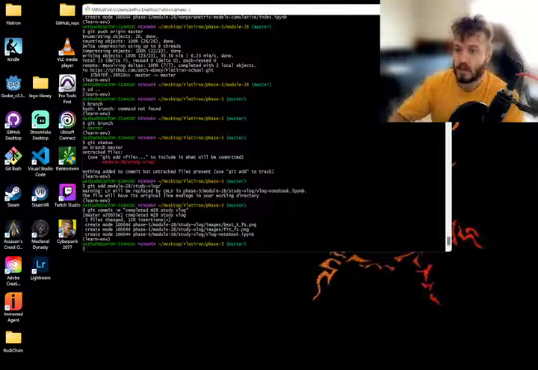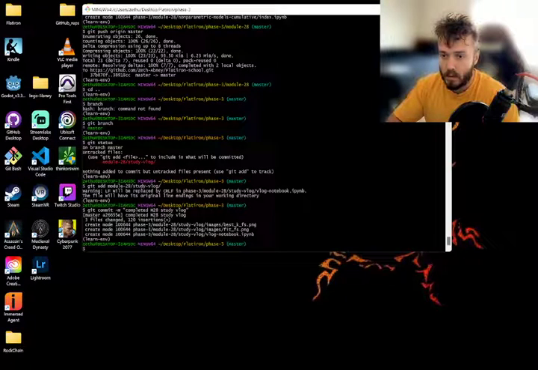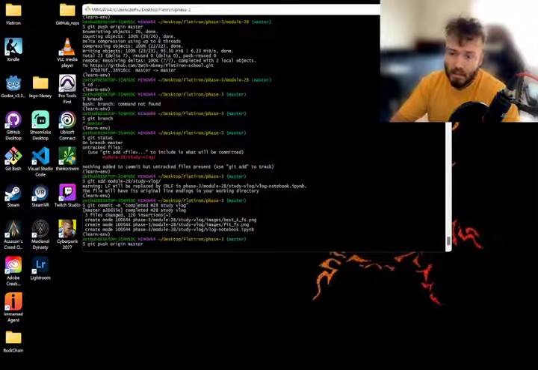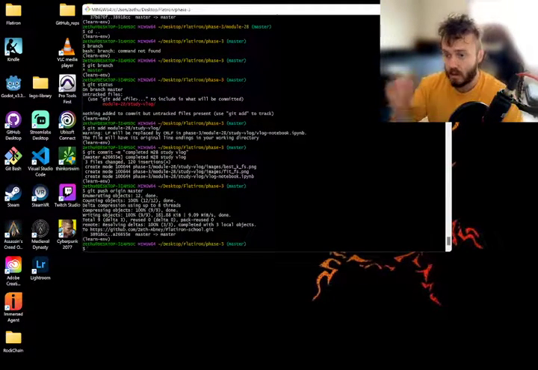So that's generally adding and staging your commits and pushing them and everything, and pushing it to the origin. So this is like uploading it to the cloud, so to speak. It's getting it so that the repository that exists on another server somewhere matches the one that's on my computer